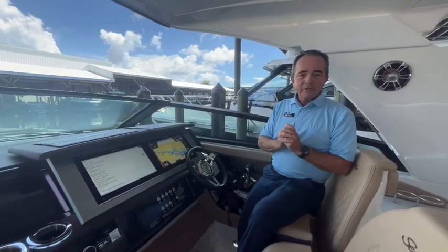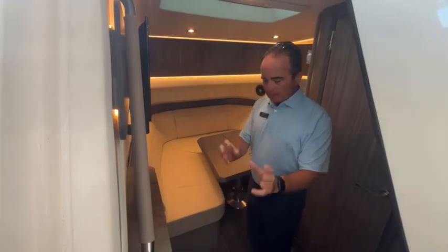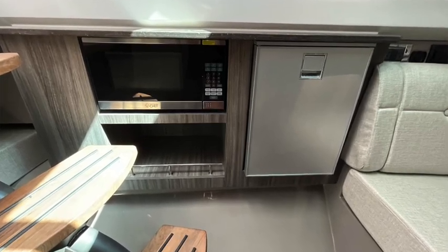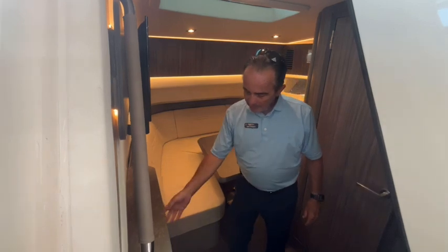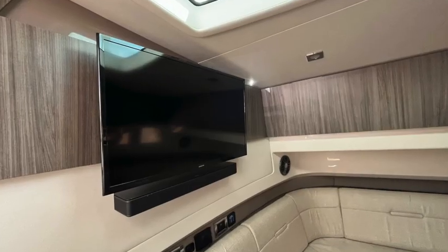Let's go down below and see the cabin. Here we are down in the cabin. They've got a convection oven actually, right off to the side. A third refrigerator right in here. A little bit of ice. Screen TV, Samsung, which is nice. And then you've got a very comfortable